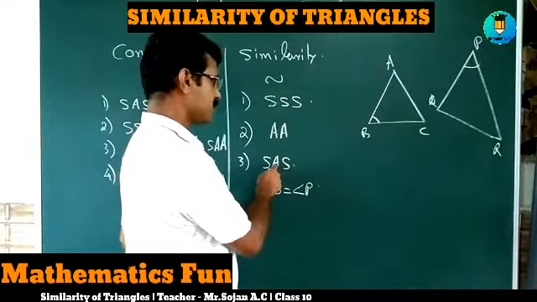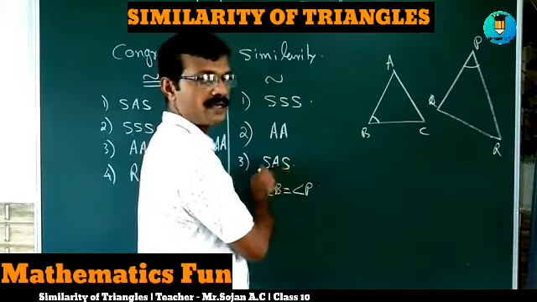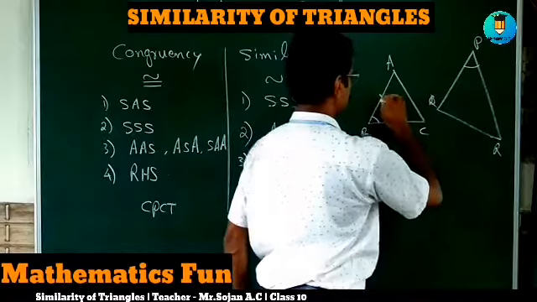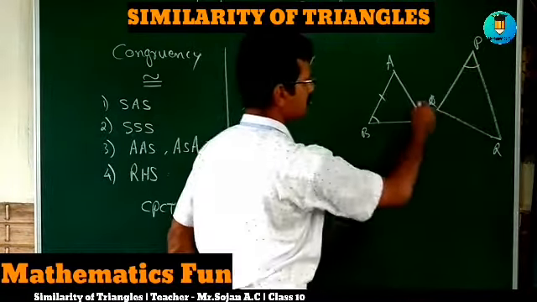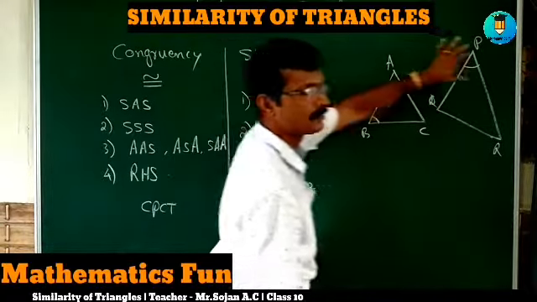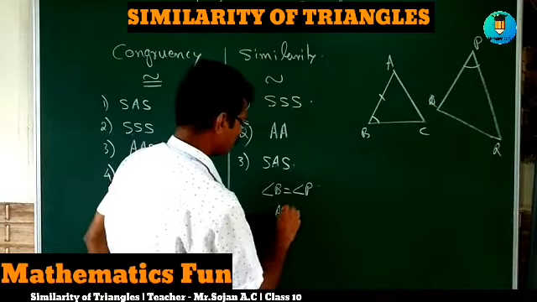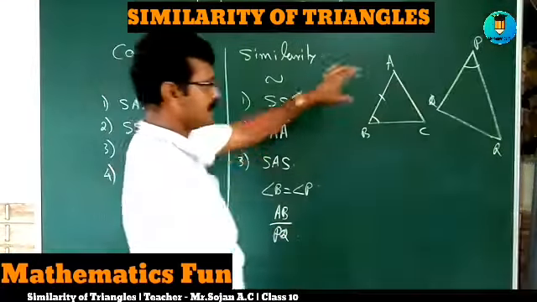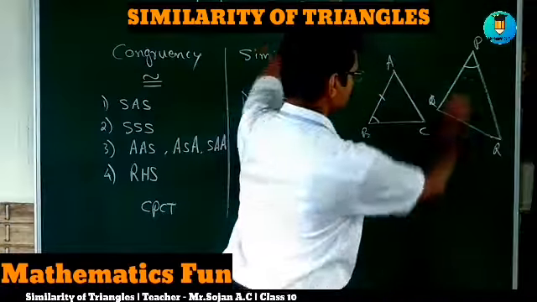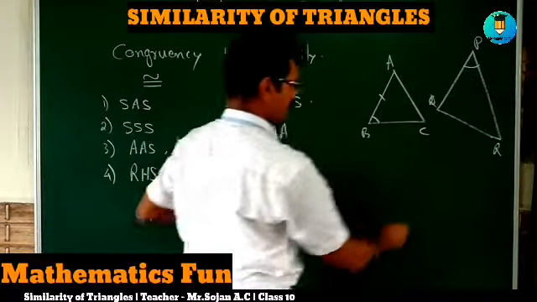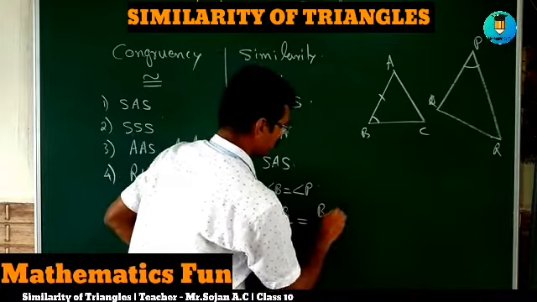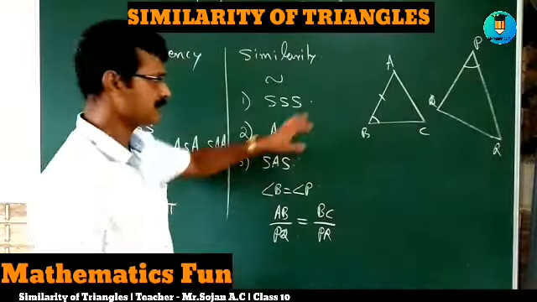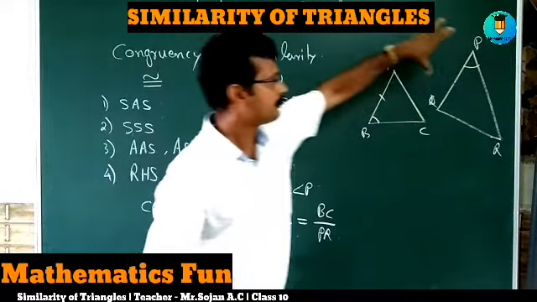And this angle must be included between the sides. So here, this is one side, this side, that AB's ratio with PQ. I am taking AB by PQ. Here no equality. AB by PQ sides are in proportion. That is, these two sides are taken as a ratio. That ratio is same as BC by PR. Observe the diagram. AB with PQ.